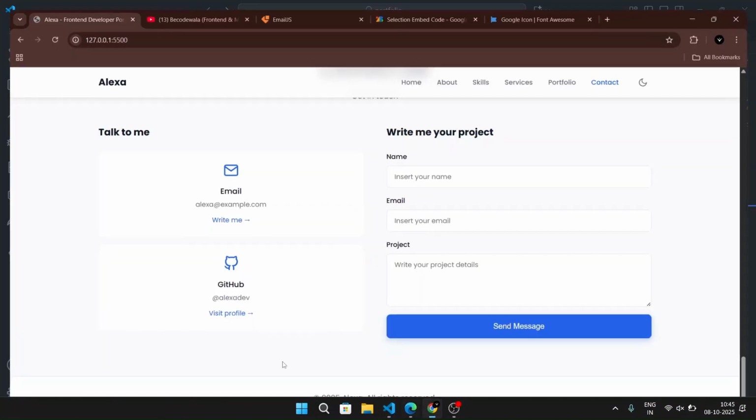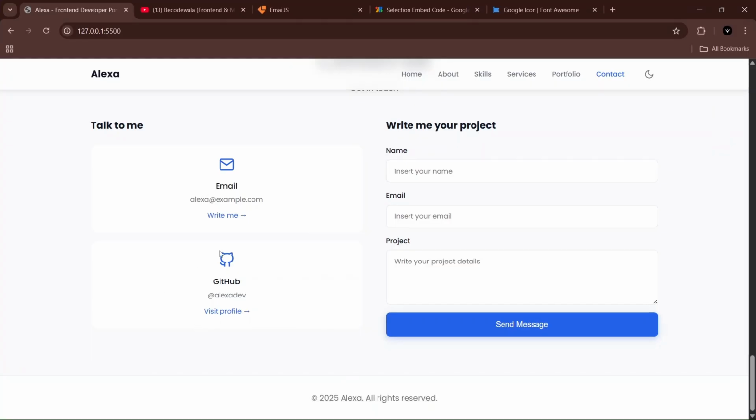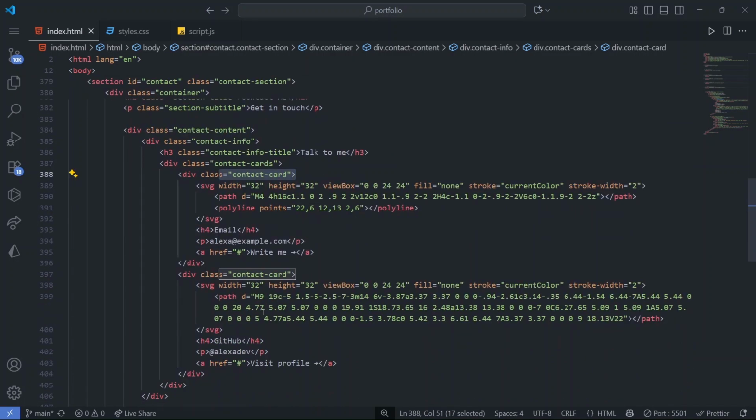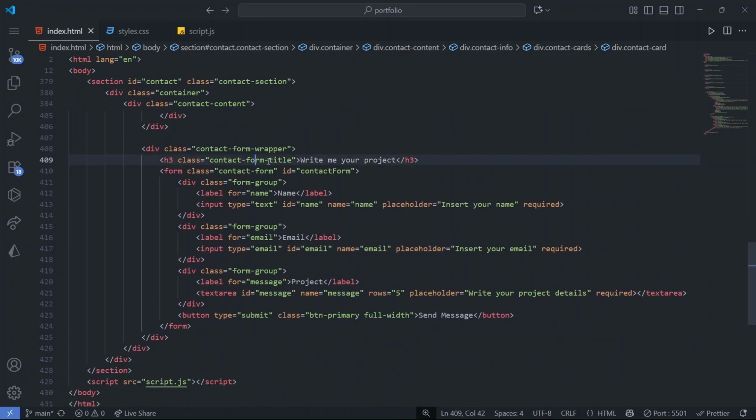So here I want two cards, email and GitHub. On the left hand it should be in column wise. On the right hand side I want the write me project title and the three input boxes with the button. So on the right hand side I have written the card form title, and everything we are wrapping in a